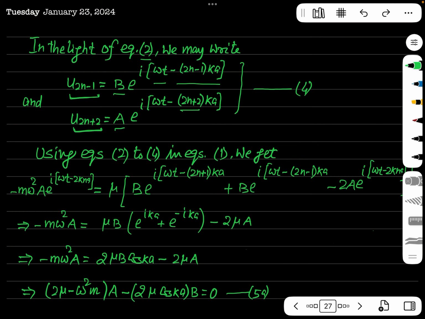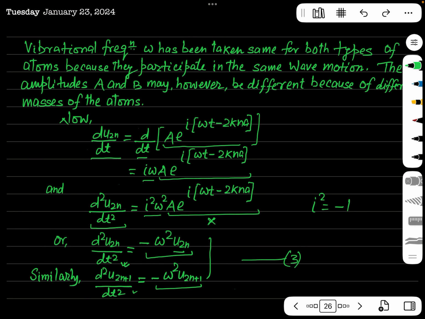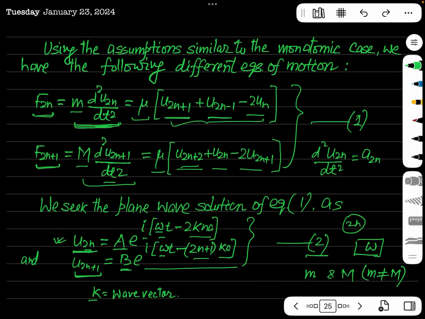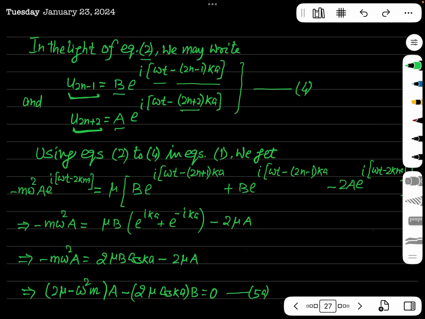Now let us substitute all these values, that is the values of u2n minus 1 and u2n plus 2, these two accelerations, and also u2n and u2n plus 1. All these values will be substituted in equation 1. So let us substitute this. After substituting, using equations 2 to 4, that is equations 2, 3 and 4, in equation 1 we get: